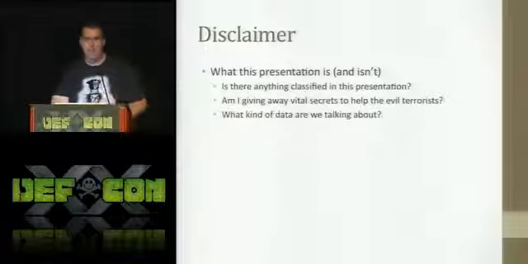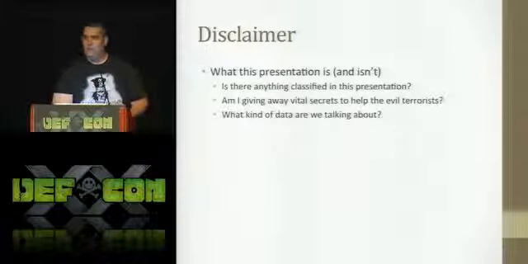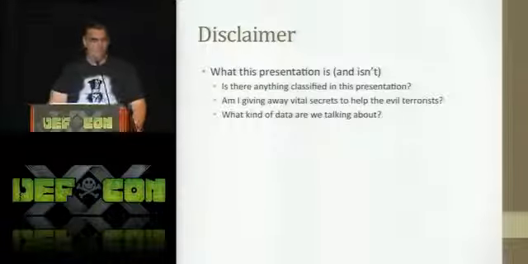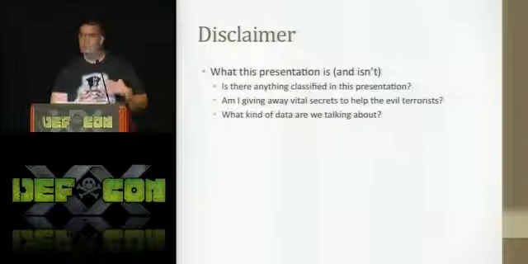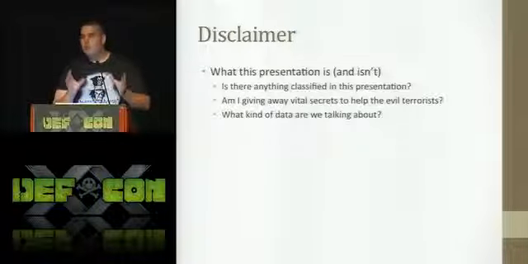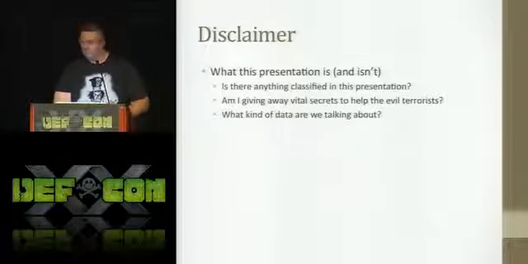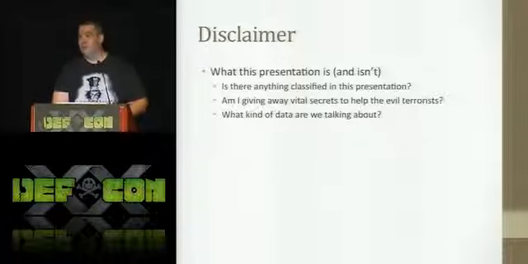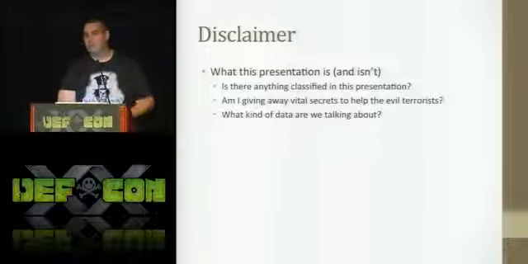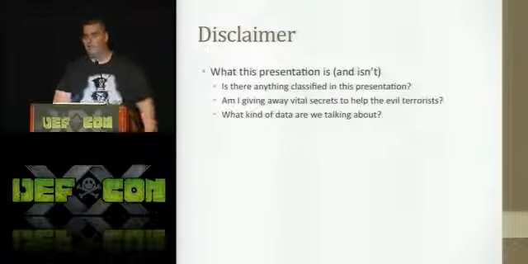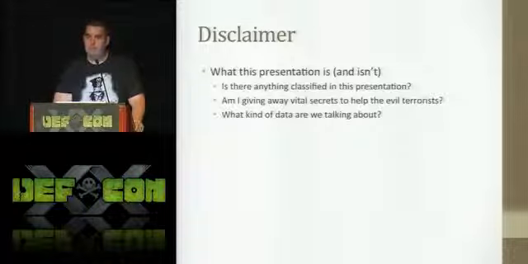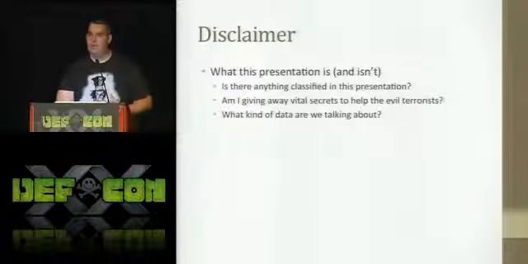In the classified world, there are 3 different types of classified information. There's collateral, which is basic confidential, secret, and top secret information. There's also SAP, which is a special access program. That's things like the stealth fighter program, things that are so super secret that only a small amount of people know about them. Those are sometimes exempt from even congressional oversight, so not even Congress knows what these defense contractors are working on. And the last type is SCI, special compartmentalized information. This is mainly intelligence information, under the oversight of the DNI.